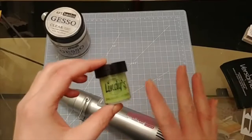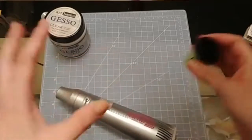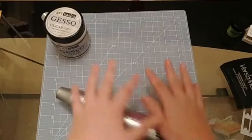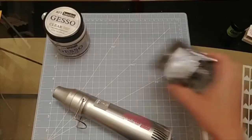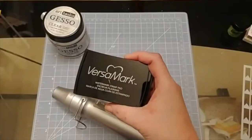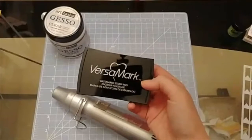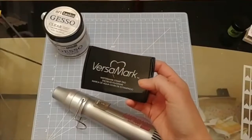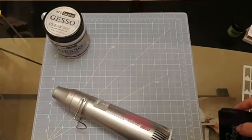It literally changes before your eyes, and then you get this really cool textured shimmery thing on your paper, but you can also use it on chipboard, which is really how the VersaMark is best, so that the powder sticks to the chipboard. I mean, I guess I don't know if I had to use it on the paper, but I did use it on the paper because I wanted the powder to